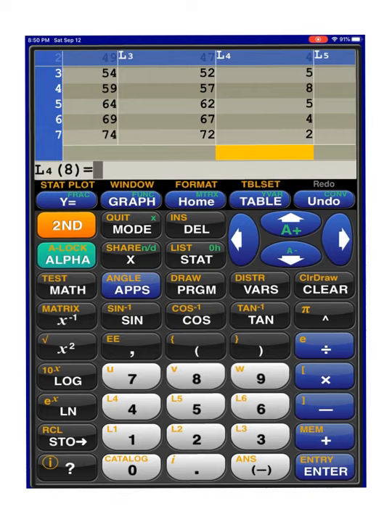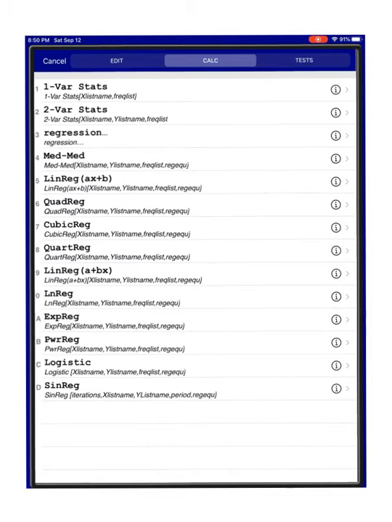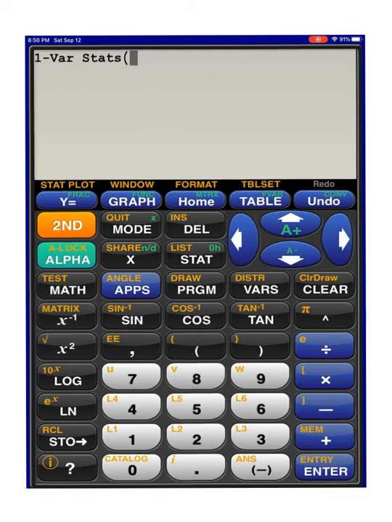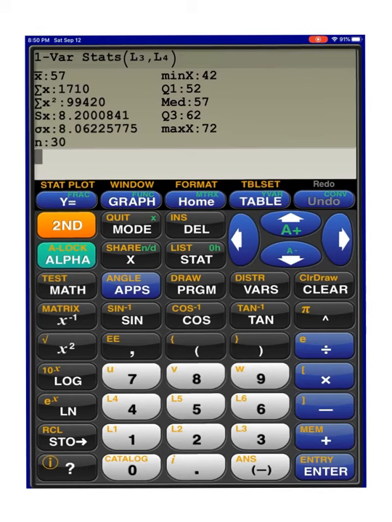Now, to then calculate this, when we go back to stat, we go to calculate, then one variable stat. The key part is to do L3 and L4: L3, comma, and then L4. And we end parentheses, enter that, and that gives us all the information we need to know with a frequency